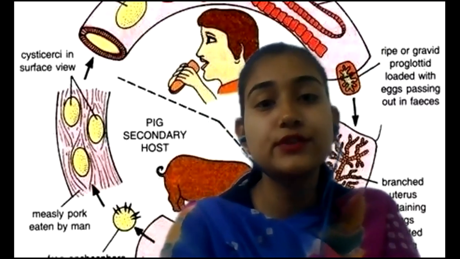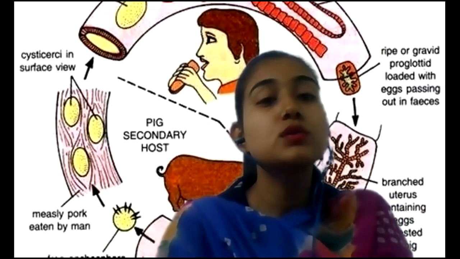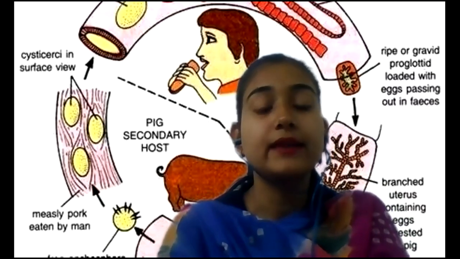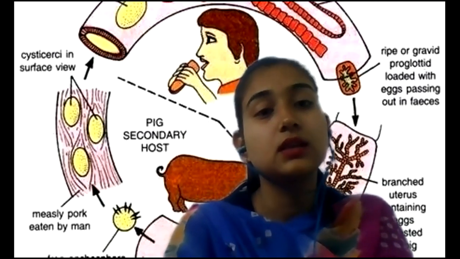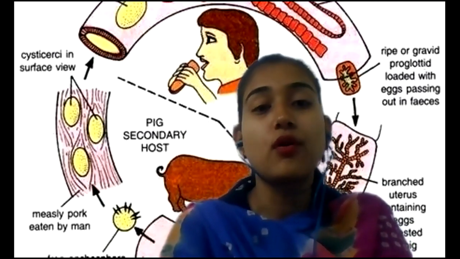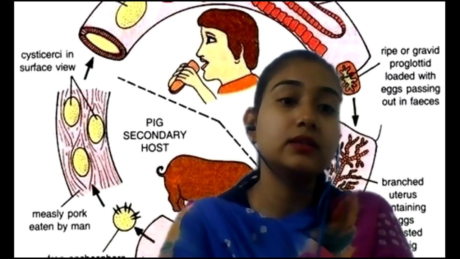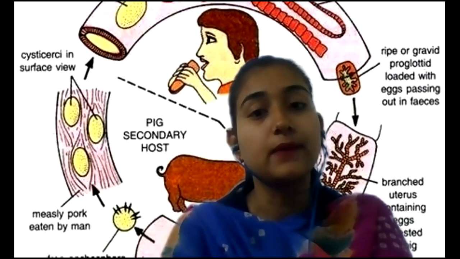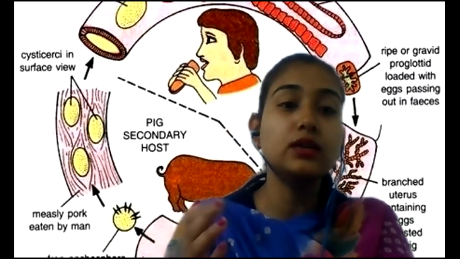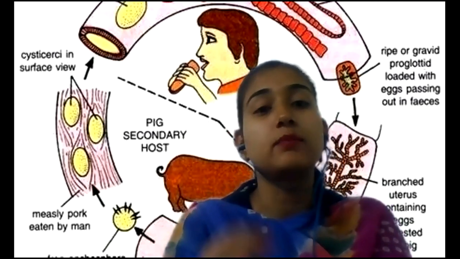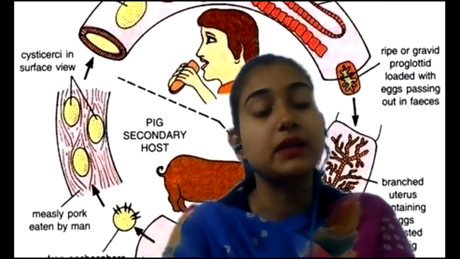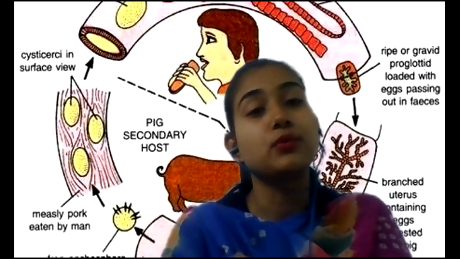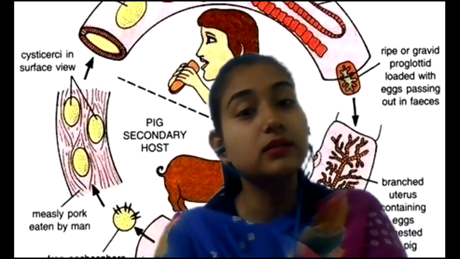Firstly, common features of class Cestoda. The adult worm is flattened, ribbon-like, without body cavity. The body is composed of a head, neck, and segmented strobila. The head has suckers, rostrum, and hooklets or sucking grooves. The neck is the budding zone from which segments are formed. The strobila consists of immature, mature, and pregnant